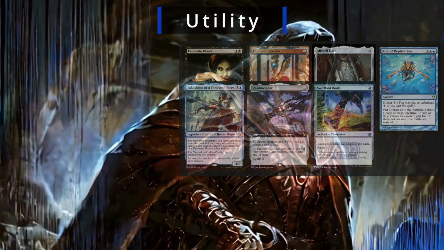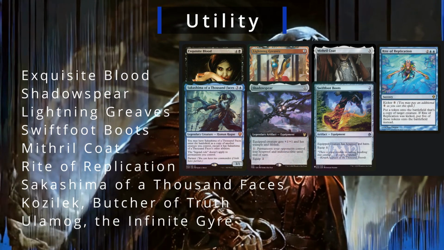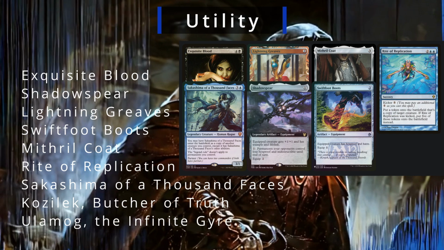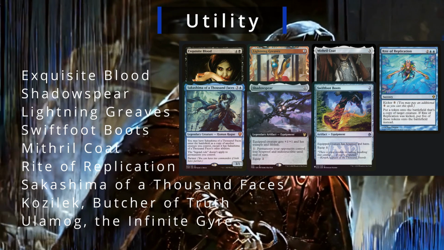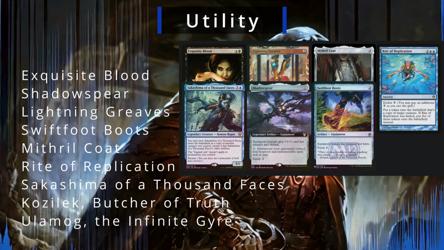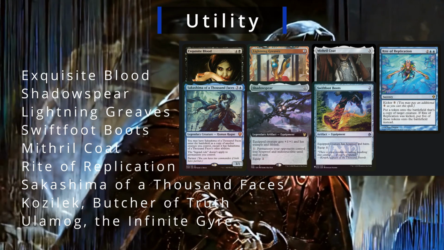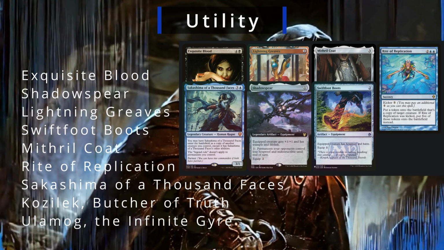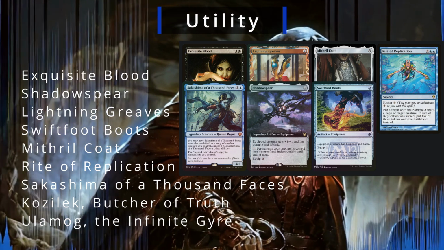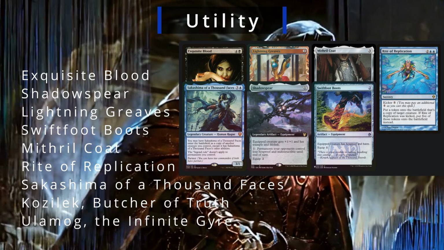Our utility package includes Exquisite Blood and Shadow Spear for life gain, Lightning Greaves and Swiftfoot Boots to protect primarily Sphinx Shielded and Tergrid, and also to enable attacks with our Eldrazi should we cast one. Mithril Coat almost always goes on Lazav, allowing us to boss white with impunity. Right of Replication is mainly to copy something of value of our opponents, but can be used on something silly